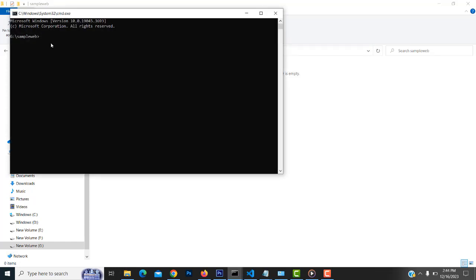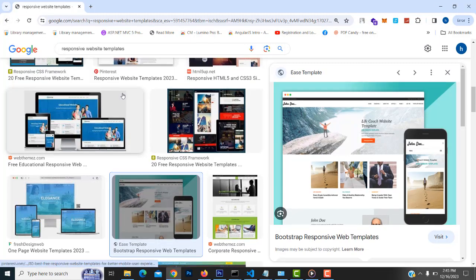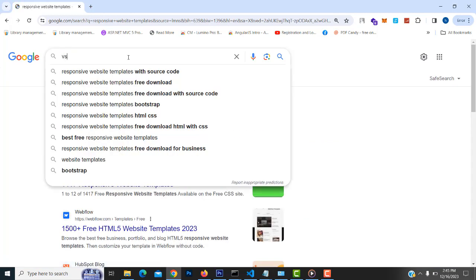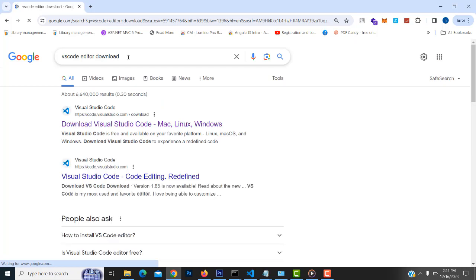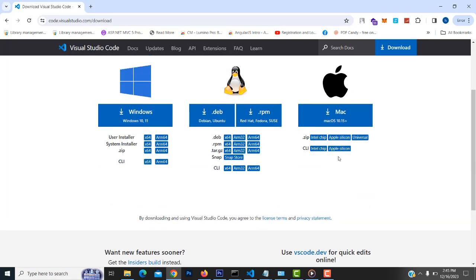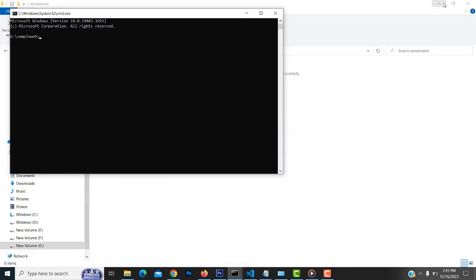If you have not installed the VS Code editor on your machine, you must install it. That is the best editor for writing HTML and CSS code. You must download it. Okay, so you have to go to the respective website, search VS Code editor download, and click on this link. You have to select the corresponding operating system which you have. If you use macOS, you can go over here. If you want Windows, you have to click on this option. Select whichever option you need, corresponding to your operating system. Right, after downloading and installing on your machine